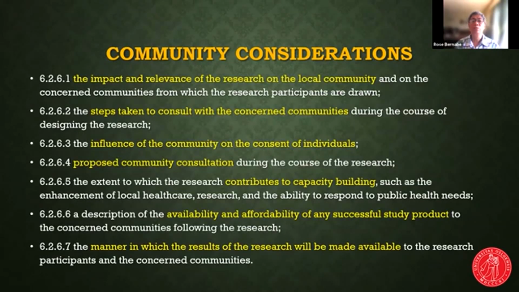Next, an ethics committee would also have to look into community considerations. And by that we mean an ethics committee would have to look into the impact and relevance of the research on the local community. So it says impact and relevance, right? By relevance, it means, is it addressing a community need? Before an ethics committee allows a research on a specific community, the research ethics committee would have to first ask the question: is this research relevant to this community, such that it addresses a real need